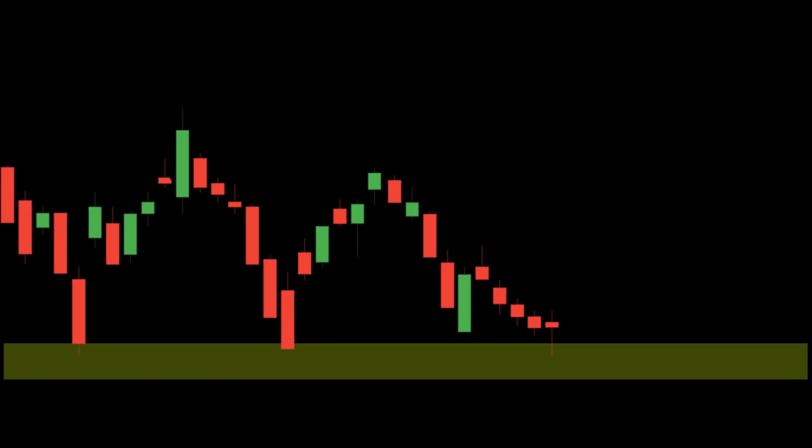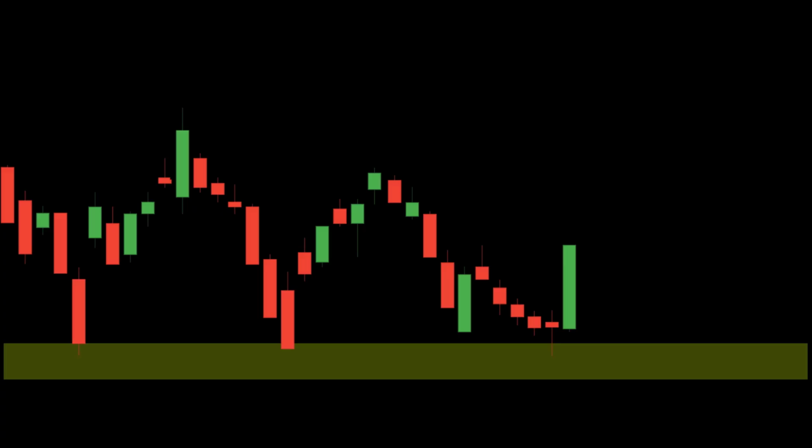1. Spotting reversal signs at support. First sign: as price nears support, red candles shrink, indicating sellers are losing momentum. Second sign: a doji candle forms at support, signaling buyer interest. Third sign: a large green candle appears, breaking above the doji's high, forming a morning star pattern.